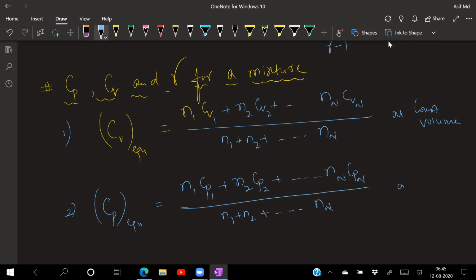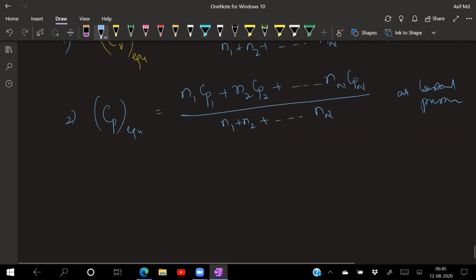And this is at what? At constant pressure. Now see here, if I'm trying to go for the mixture, third one, if I'm going for your mixture part of relation right now, what can I write? CP of a mixture can be written as, from here only I'll write here, CP value or CV value if I need to write the relation.